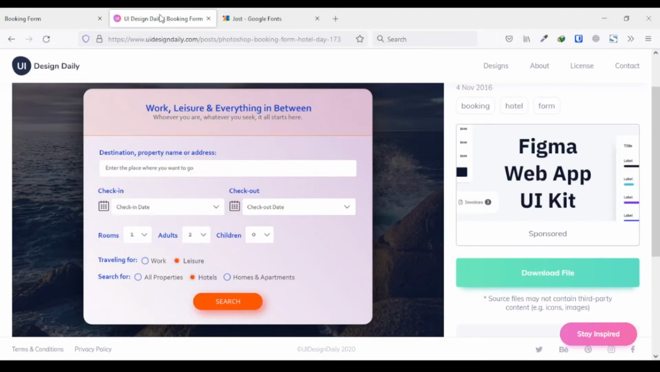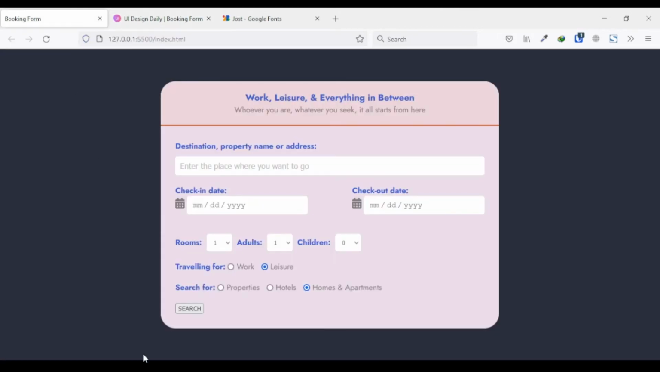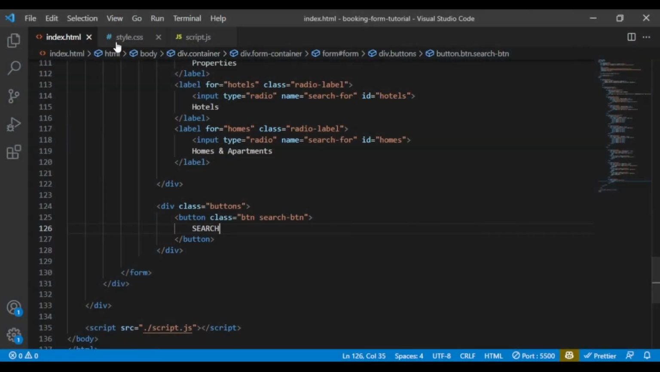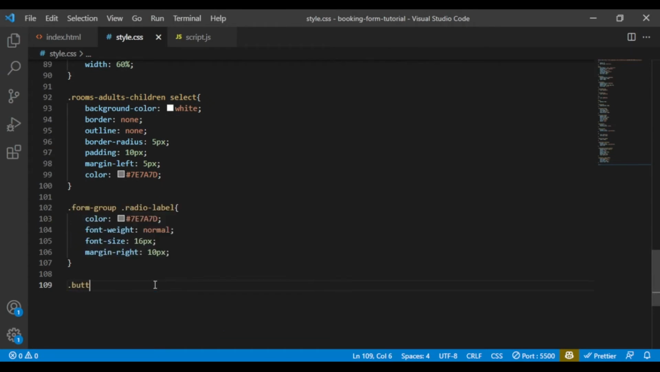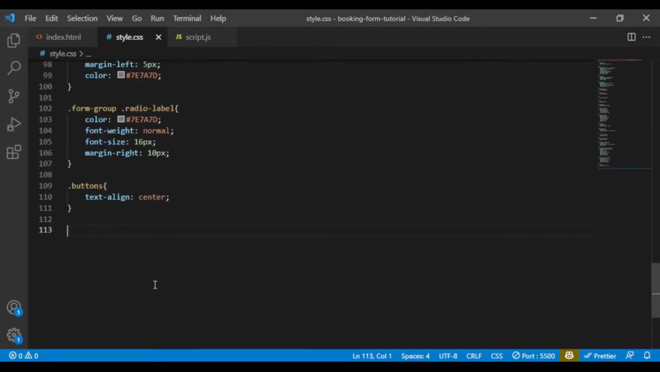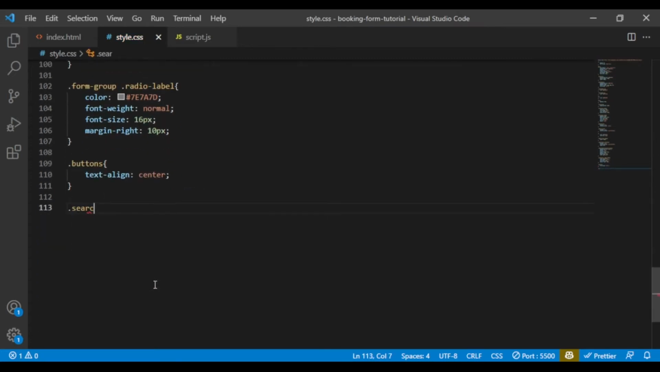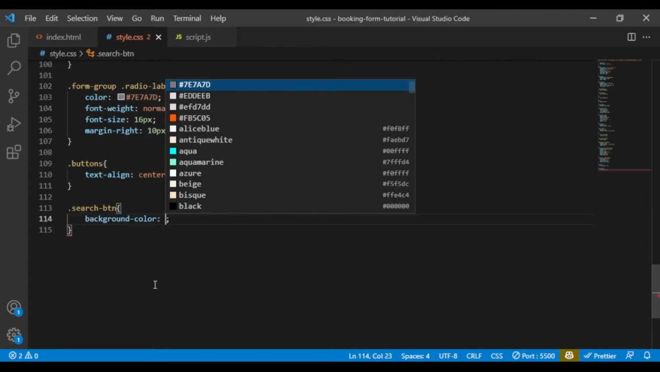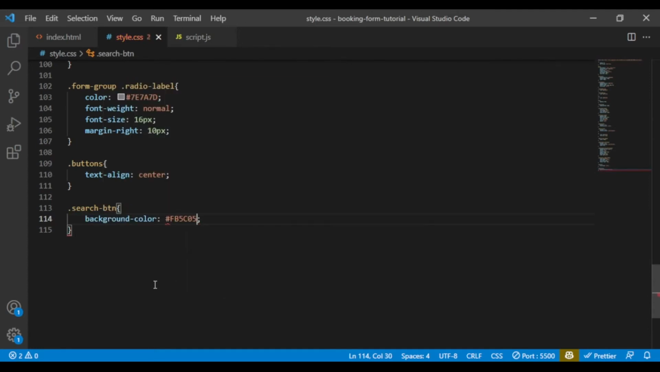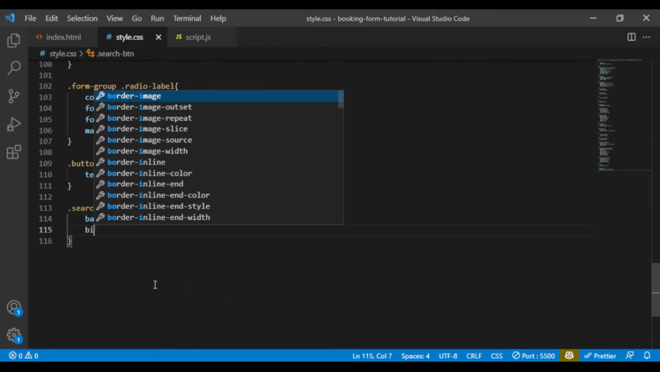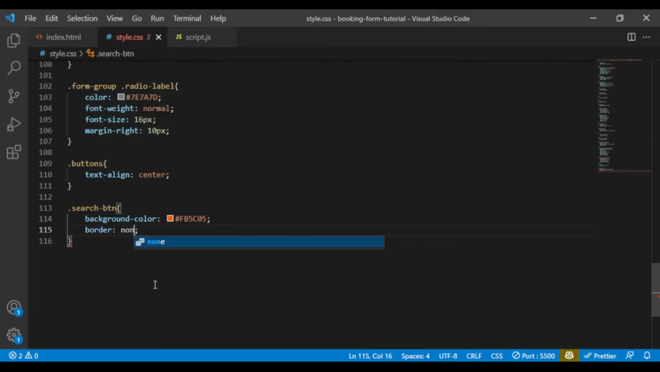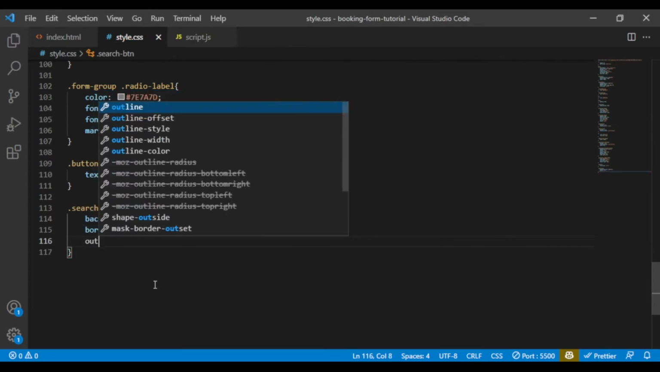This is a search button that we want to look like this, right? So to make it centered, we will first target its div and say text align to the center, so it will be aligned to the center of the screen. And now we have to target the actual search button, and then we can say background color to be orange, border none, outline none,